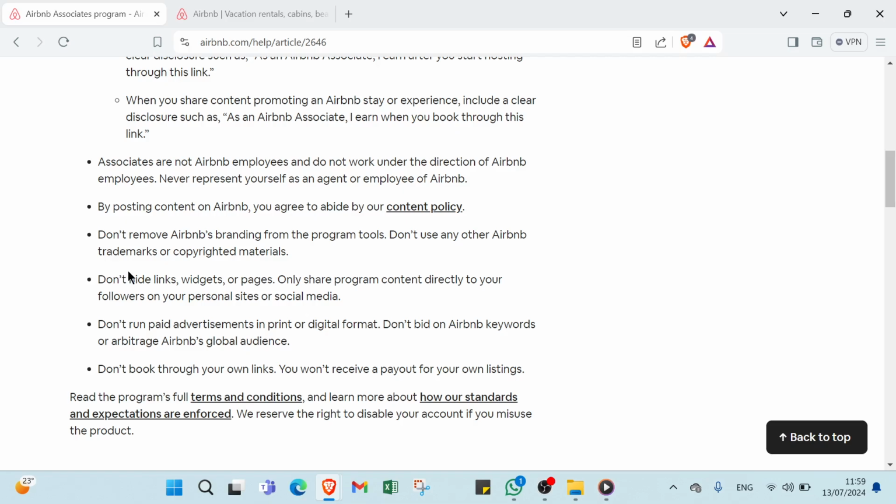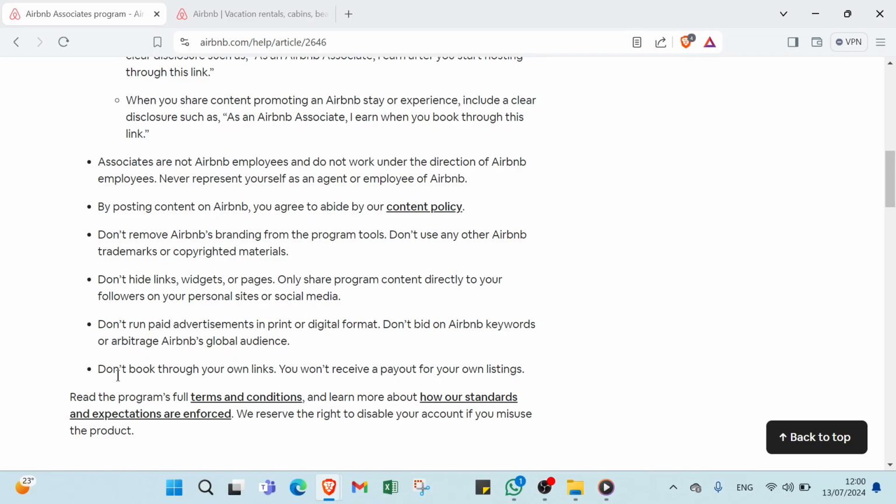Furthermore, don't remove Airbnb's branding from the program tools, and don't use any other Airbnb trademarks or copyrighted materials. Moreover, don't hide links, widgets, or pages, and only share program content directly to your followers on your personal sites or social media. Don't run paid advertisements in print or digital format, and don't bid on Airbnb keywords or arbitrage Airbnb's global audience.